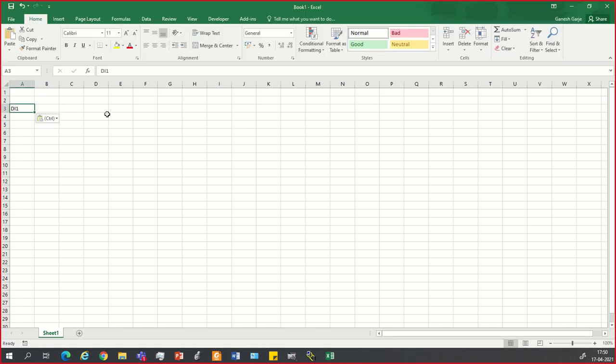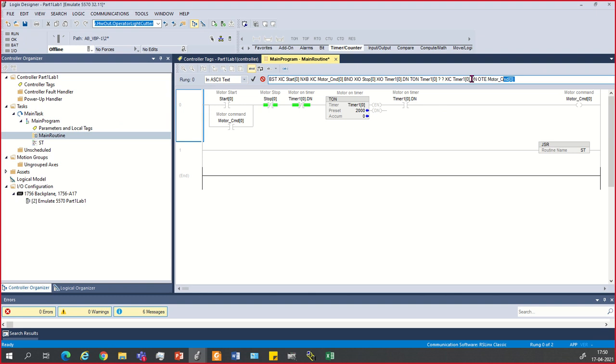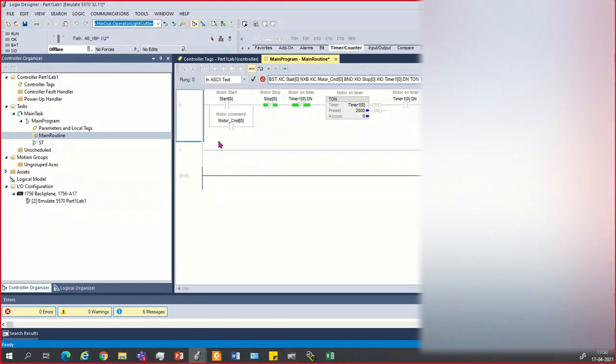Just paste it. Copy. How can you copy? Click it here, just copy this text,